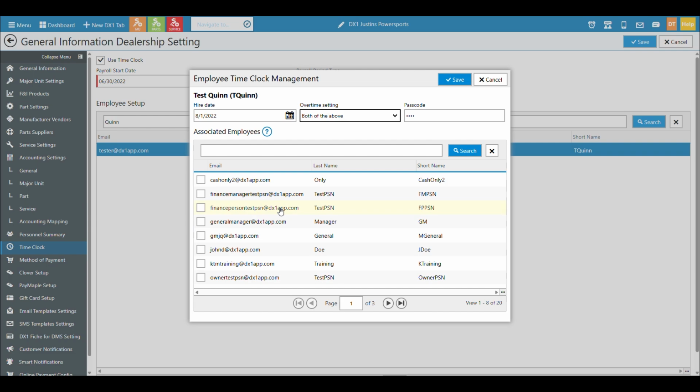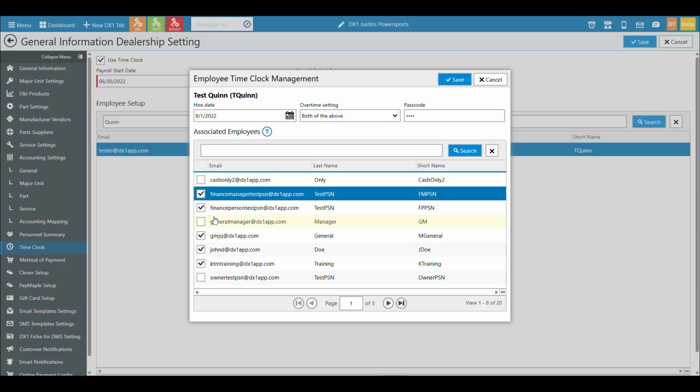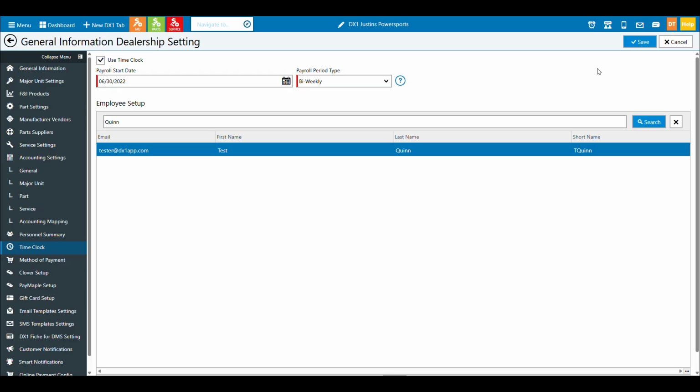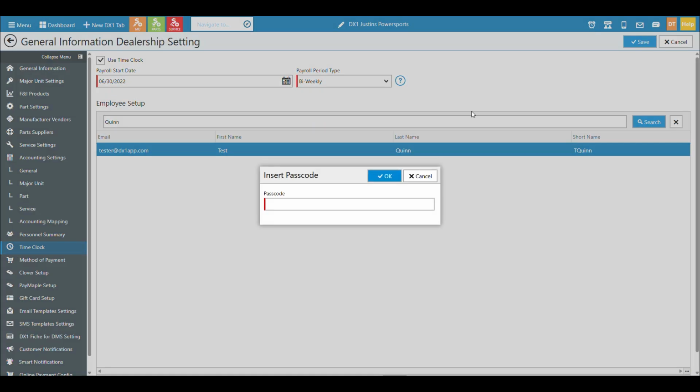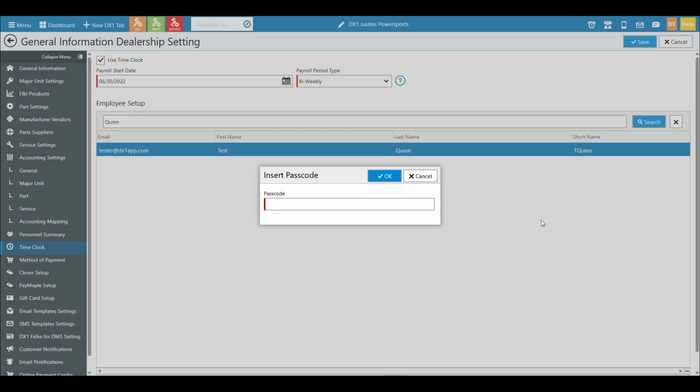So maybe this particular user, like myself, is a manager, and I might need to update or adjust time cards for people within my area. This is where I could come and decide who this particular user can also be responsible for. Once I set all that information in, I click save, and then they're in our list. And then later, when I go use technician time clock, that's where I can go ahead and enter in these codes or whatever I have to get entered into the system where we can clock in.